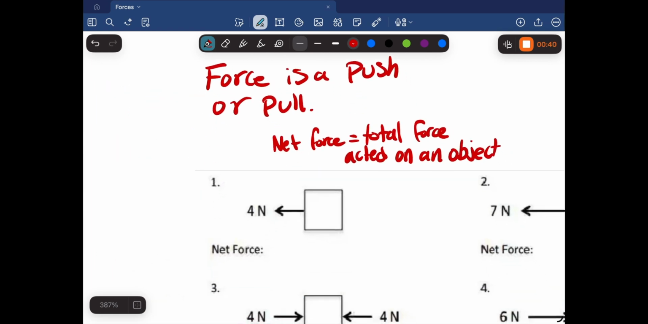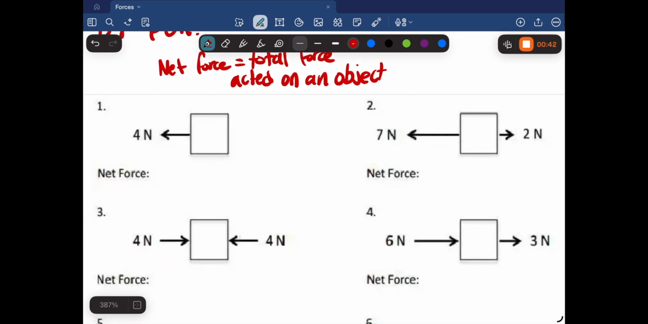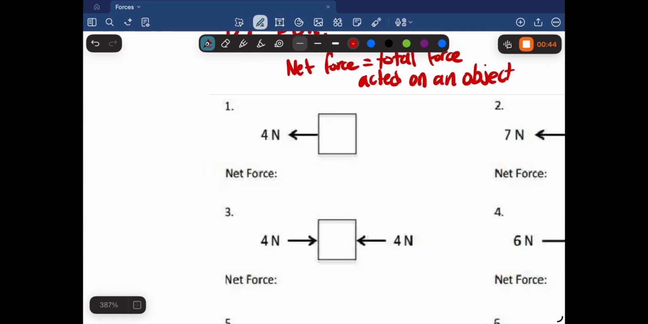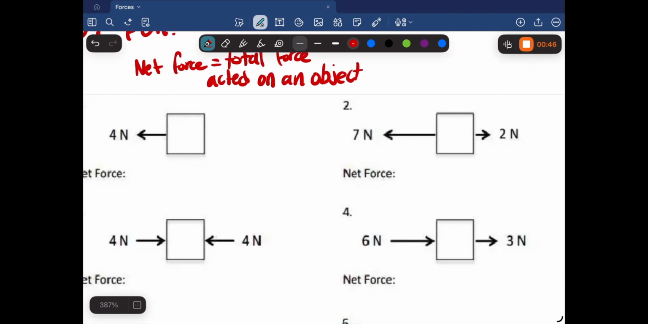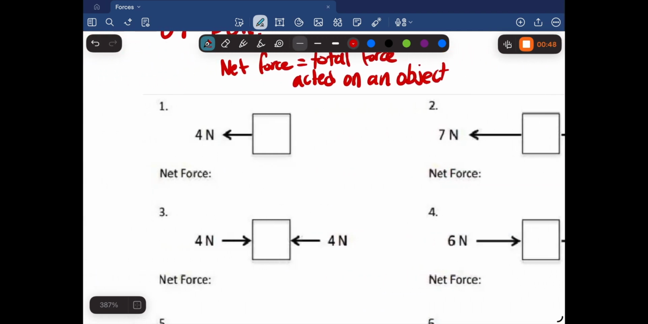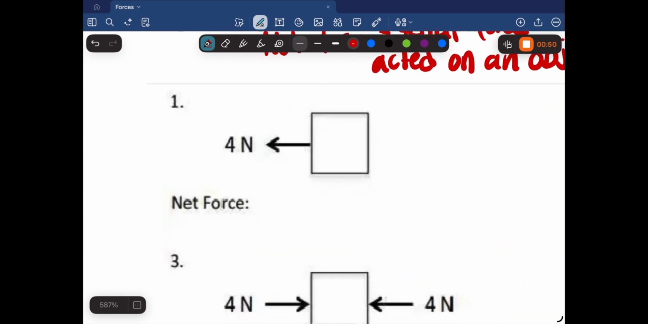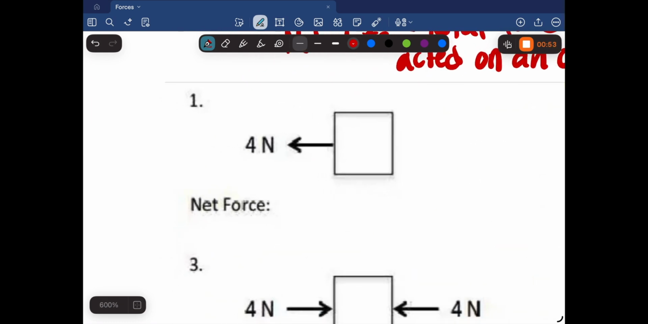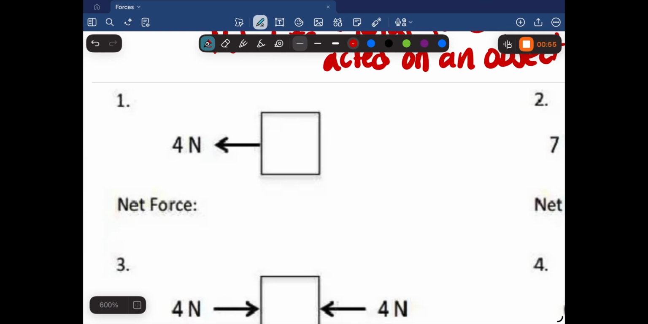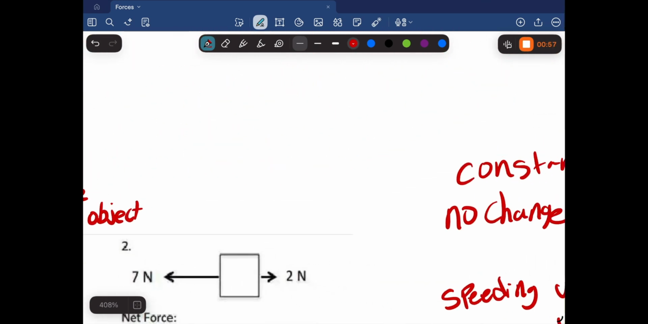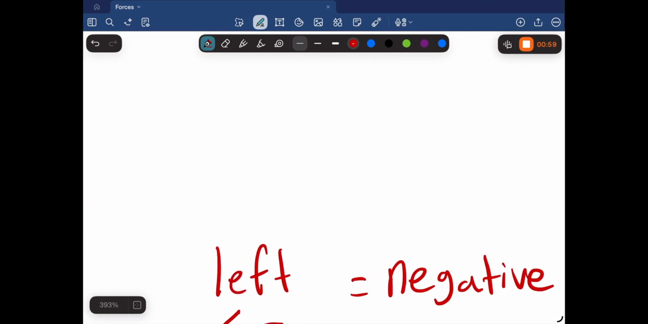So today I'm going to be doing a few problems with you to show you how to calculate a net force. It's pretty simple, but I figured some extra practice wouldn't hurt. So let's start with question number one. Before we begin, actually, I'm going to go ahead and show us, let's skip ahead,